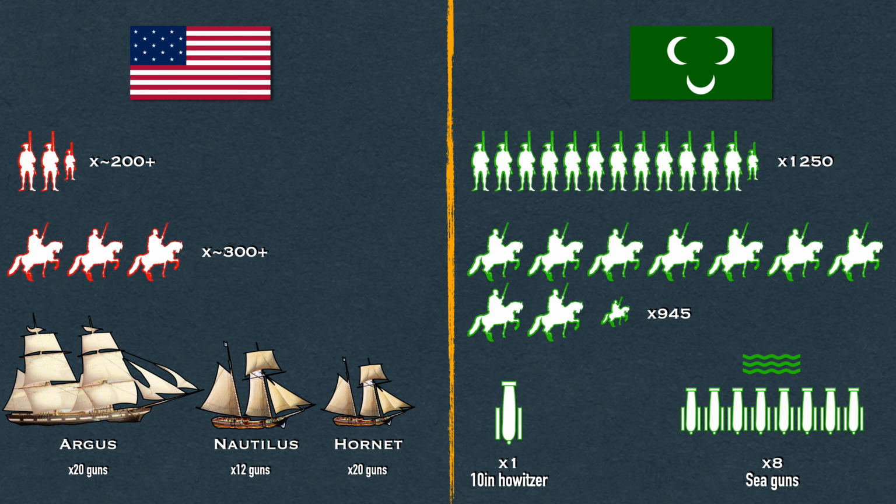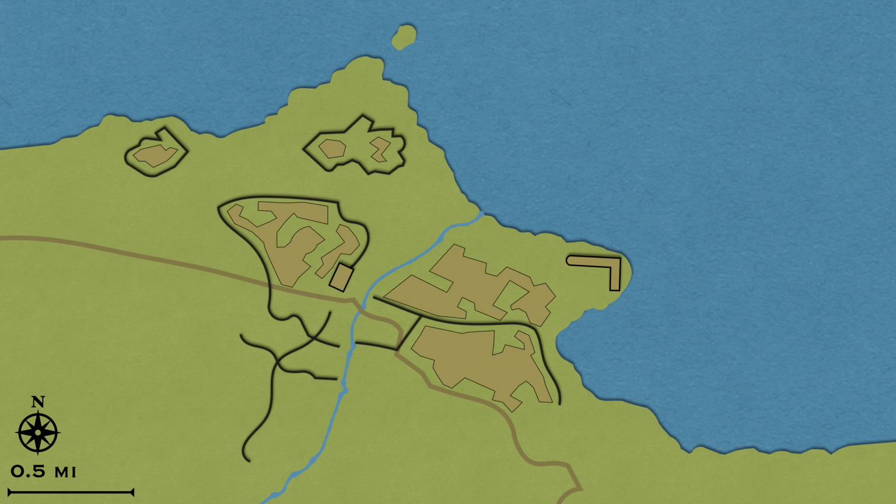He also had artillery stored on the ships, but due to the cliff-like nature of the shore, Eaton was only able to get one of those guns on shore for the attack. Eaton organized the attack on 3 fronts. One would be the 3 ships bombarding the fort, the Hornet at close range, and the Nautilus and Argus further off. From the southwest, Karamanli would lead the main Muslim force of 450 men, cutting off the road to Tripoli and then assaulting into the city and taking the governor's palace and howitzer.